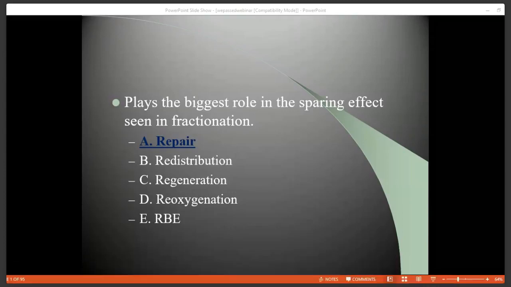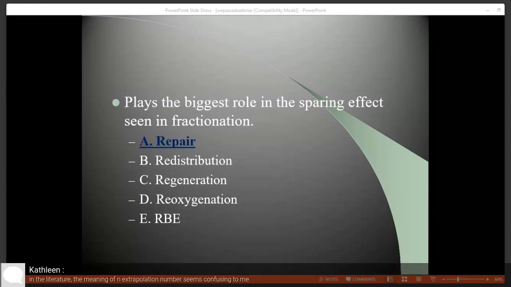All right, so the N number is a theoretical number, meaning that when you look at more complex cells, especially those associated with humans, there tends to be multiple targets that need to be damaged in order for the cell to die. And what they're saying is that radiation damage has to accumulate in order for more complex cells to die from a given dose of radiation. So for the extrapolation number, they look at the terminal portion of the curve, they extrapolate that back to the y-axis, and it always falls between 2 and 10, meaning that multiple targets probably need to be damaged. Like single strand breaks need to build up,